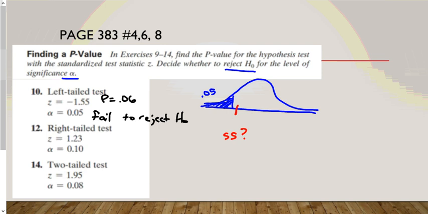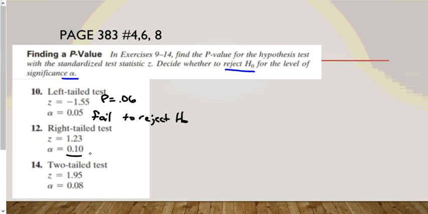Okay, so let's go ahead and look at another example here. A right-tailed test. And this time we're testing at alpha = 0.10. This means that we are 10% likely to end up making a type 1 error. So 10% of the time we'll make a type 1 error, meaning we reject the null when we shouldn't, when the null hypothesis is true, but our data ends up leading us to believe that it's not. So what this might look like,